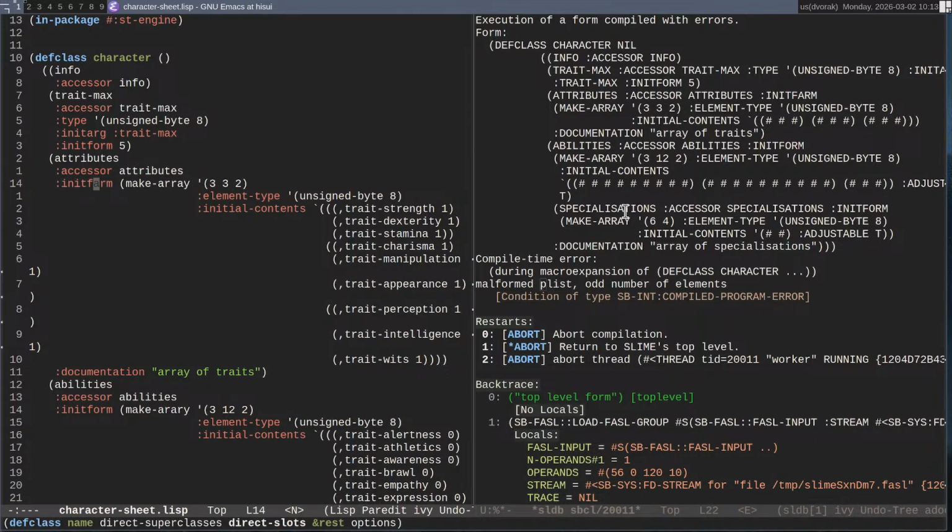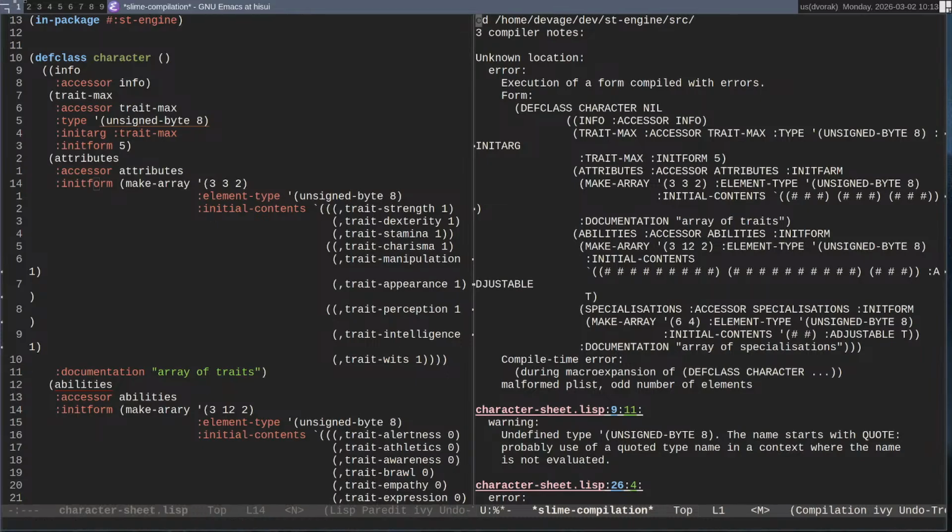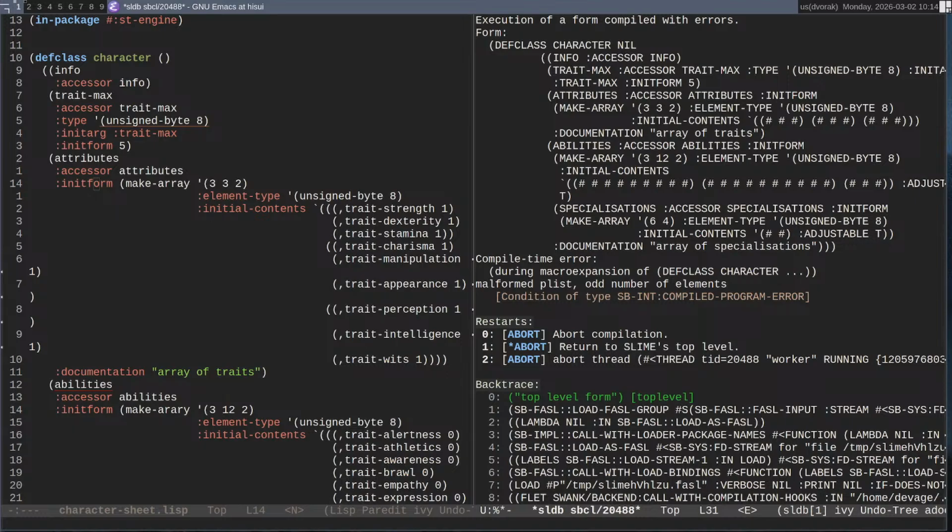What's a farm? Okay, still malformed plist.